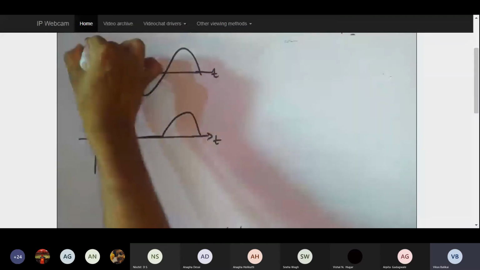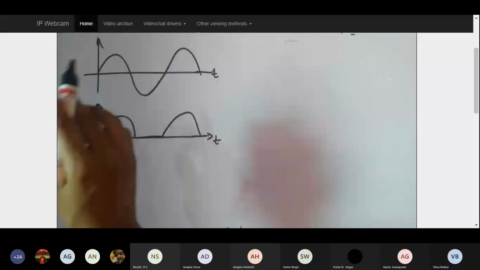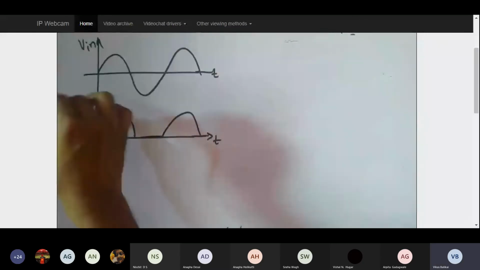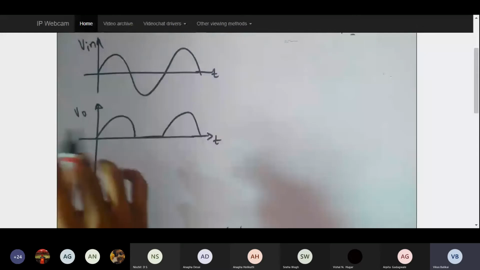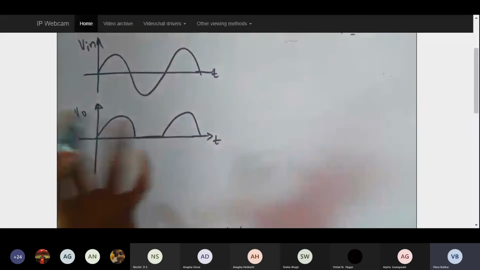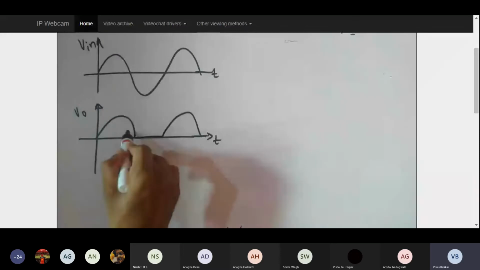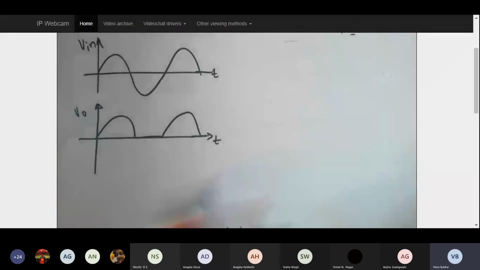See the circuits, if you know the output, circuit analysis is very easy, because you know the output and you know how this output is going to come. In half wave rectifiers, I used a diode. When the diode is on, I get the pulse; when it is off, there is no pulse. So that's what my entire half wave rectifier concept was.